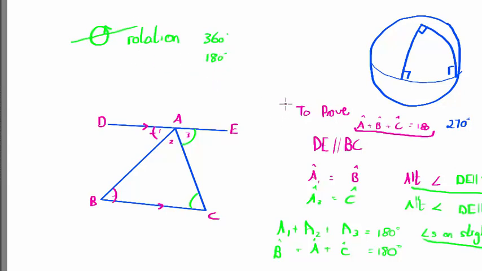So I don't need to prove that angles on a straight line is 180. That's just what I say. That's what angle sizes are. A straight line is 180. We give it that definition. Does that make sense? So this one is fine.